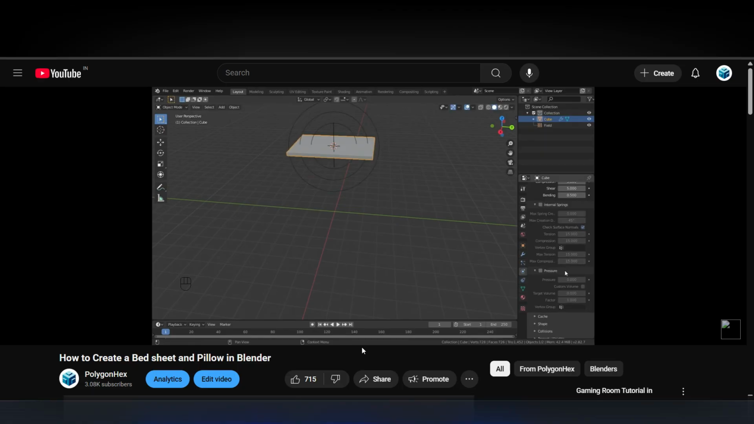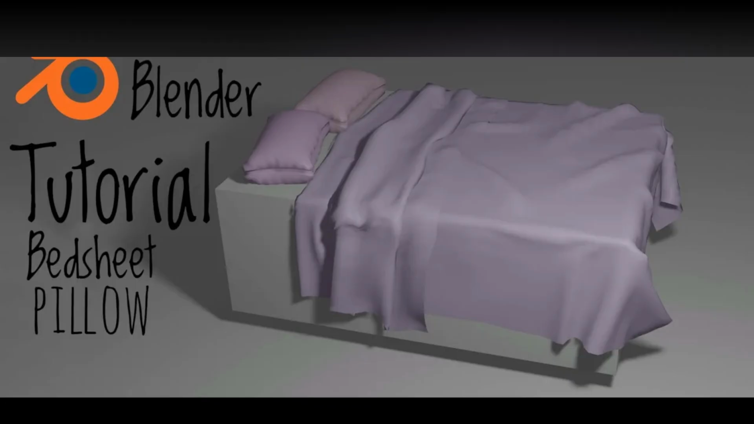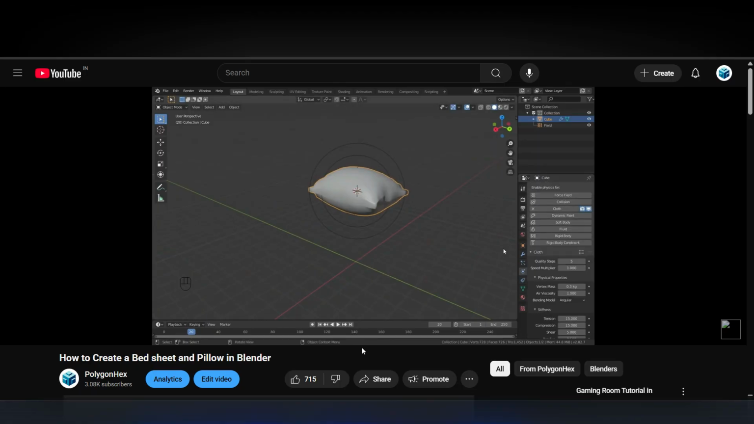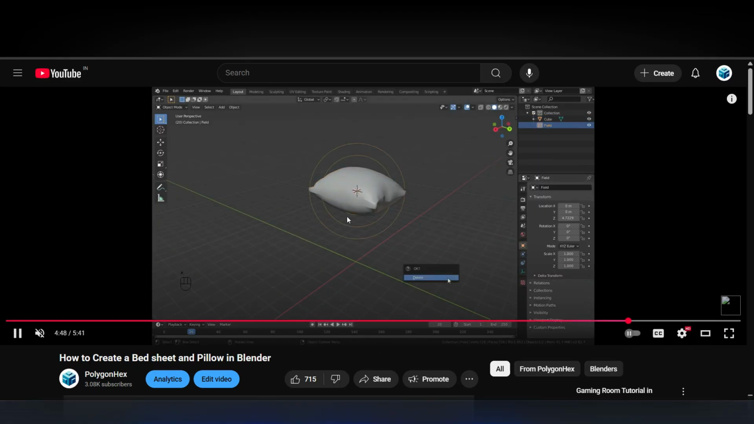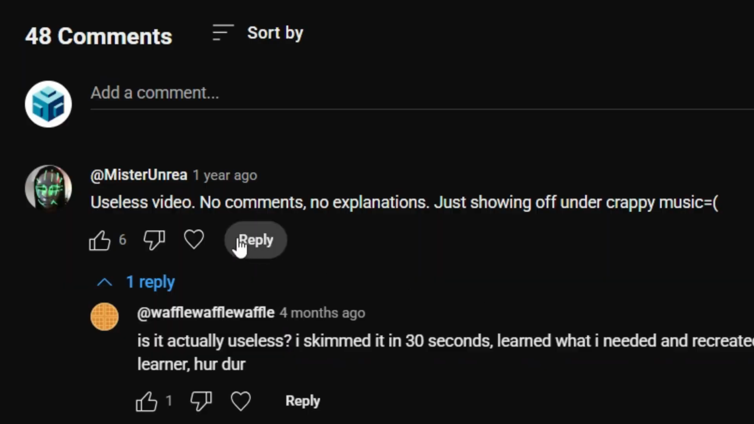In this video, we'll be learning how to create a bed sheet and a pillow in Blender. Yes, this is an improved version of this. I can't figure out how it blew up, but guess what? It did, right? So here's the other one. And yes,